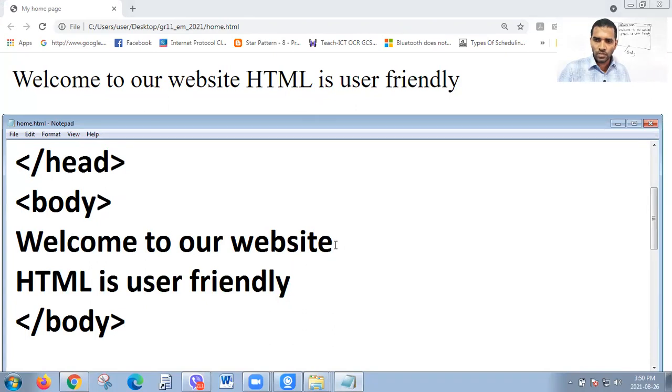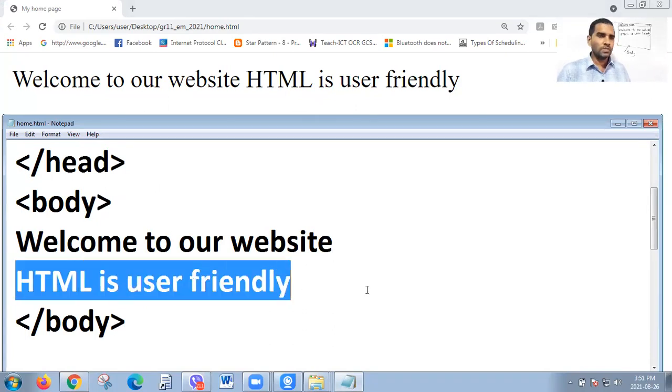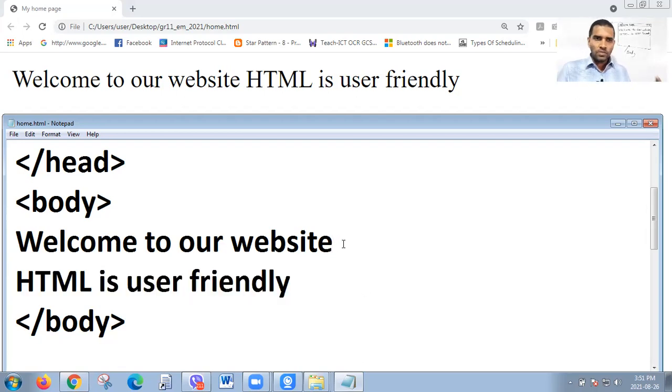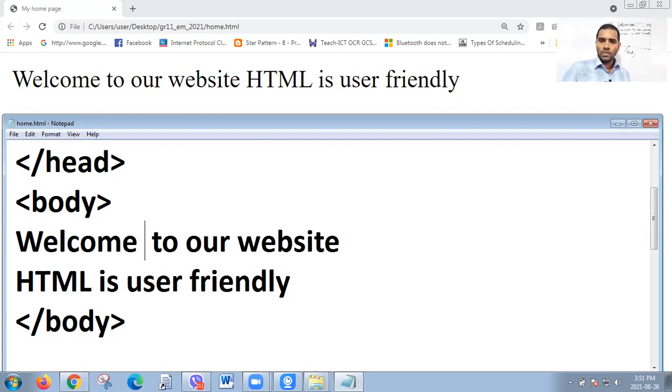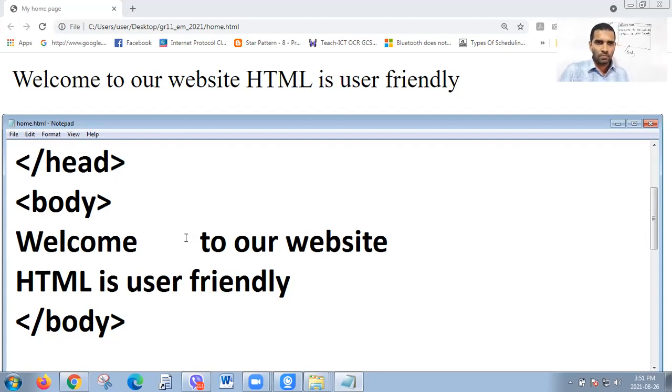I place the mouse pointer here and press the enter key. Then only could I type the second line. But even though you press the enter key and type in Notepad, your browser never understands that. Even if you leave some spaces using the space bar,